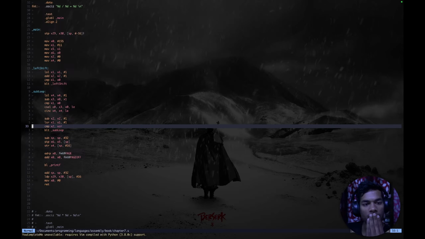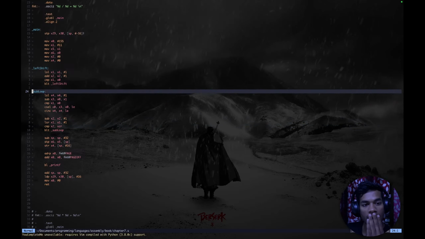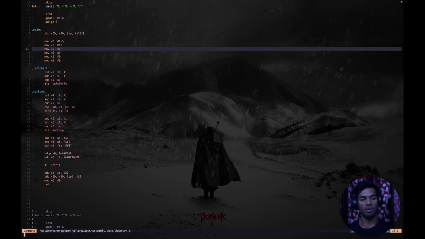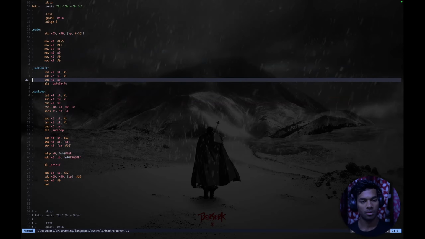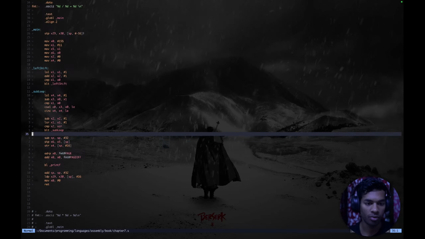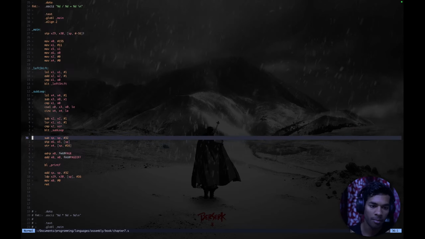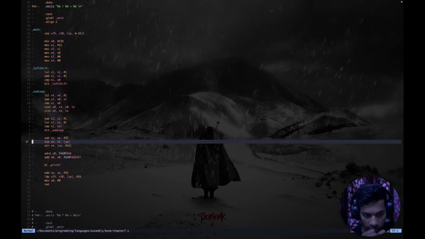What is the problem now? Is it the way that I am storing the result onto the stack? I am getting 32 bytes of storage on the stack. Then I am storing the sixth and the fifth registers onto the stack, and then the fourth register, which is the answer actually,